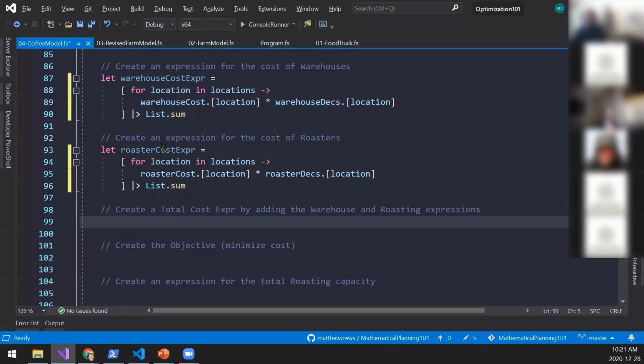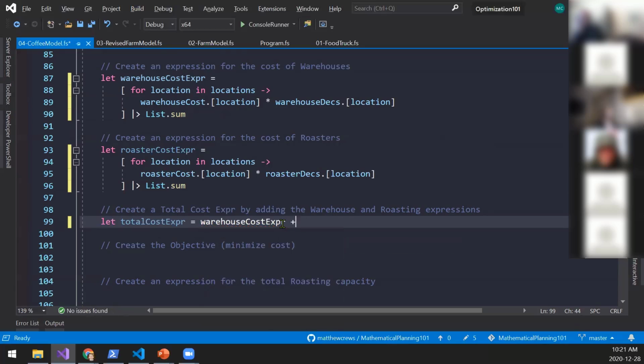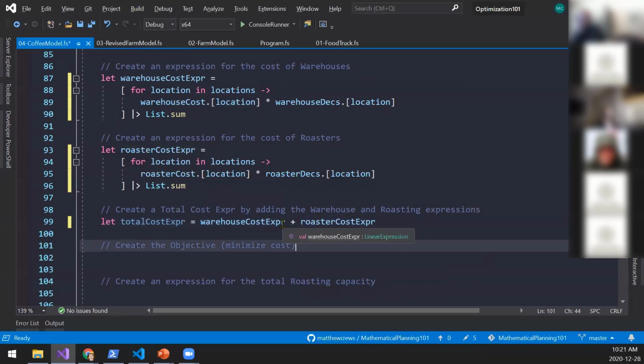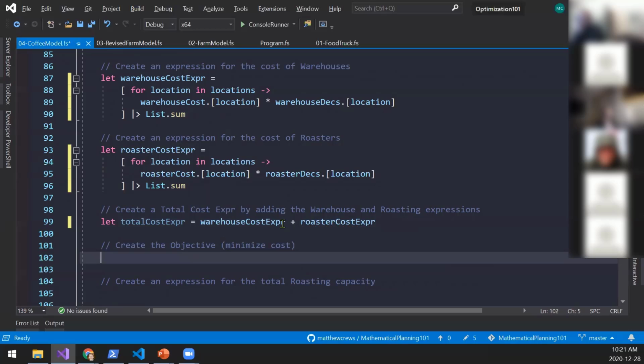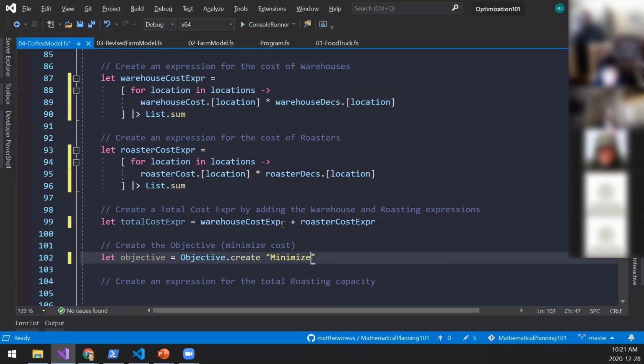And now I'm going to create whatever that total cost is. Total cost expression is just equal to warehouse plus roaster. So that expression is going to be what the total cost of my plan is. And now I want to create an objective. Minimize cost, minimize, and then total cost expression.